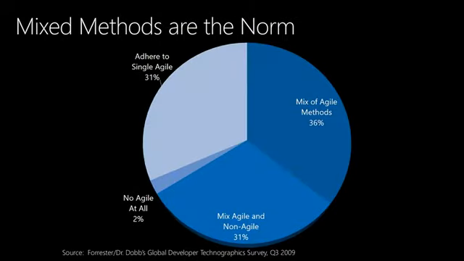Yeah, so the reality is that mixed methods are the norm. There's no strict adherence to one or the other. A large chunk of groups are actually incorporating a mix of Agile methodologies. You've got some groups who are doing a mix of Agile and non-Agile, and then there's that remaining third that's adhering to a single Agile methodology itself. These surveys are interesting in the sense that they gain the pulse of what's going on out there. But the point worth noting here is the fact that mixed methods are the norm, that you can actually pick and choose those aspects that are worth looking at and worth incorporating as part of your development methodology.